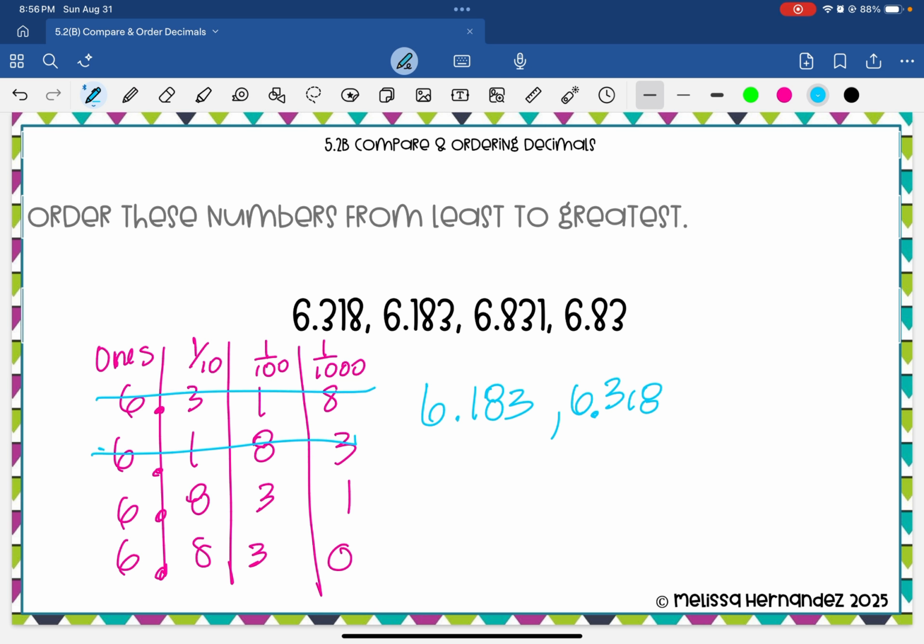All right, last but not least, if you're just looking, you got 8, 8, and then you have 3 hundredths, and then last, 0 is less than 1. So we know that 83 hundredths would be less than